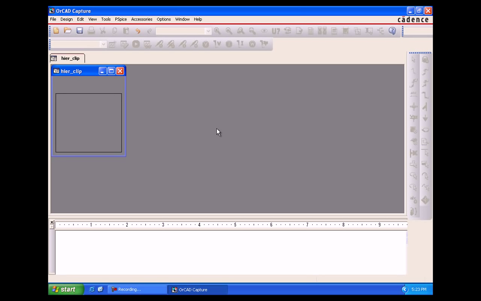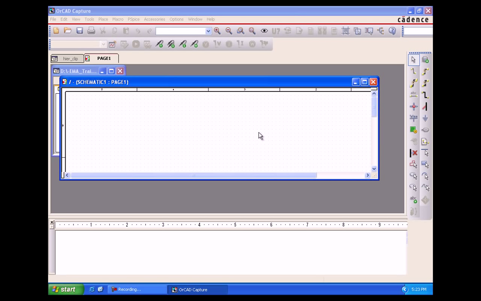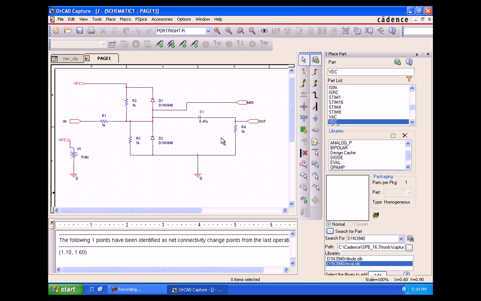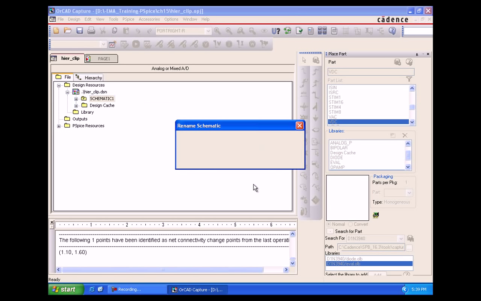So we are forming a new hierarchical clip project. Now in the blank schematic, blank project page, copy and paste the previously designed clipper circuit. So we're going to have all these things. We want to make that into the block. Go on, rename it as clipper, clip underscore